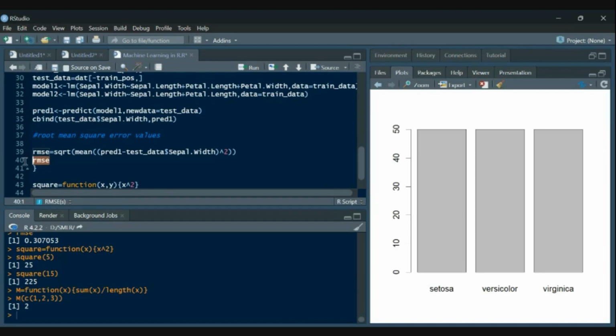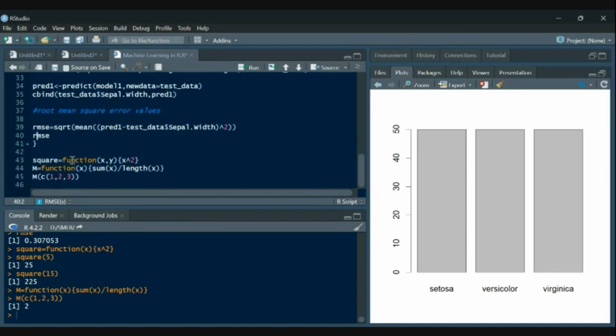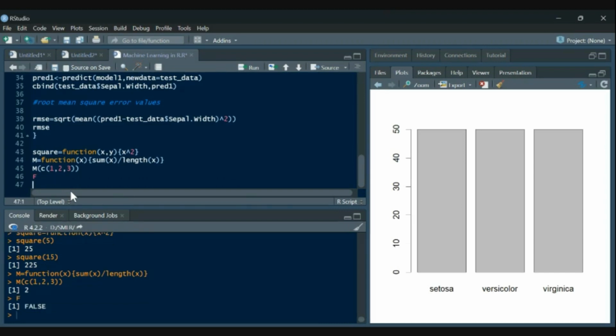Now, how to get the value in return. See here, this was the first and the last argument. Suppose the function I asked you to create was named capital F. Okay, one more thing. Somebody has given capital F. So capital F by default is used for FALSE in R. So whenever you are using a variable name, just type it down and simply run it.